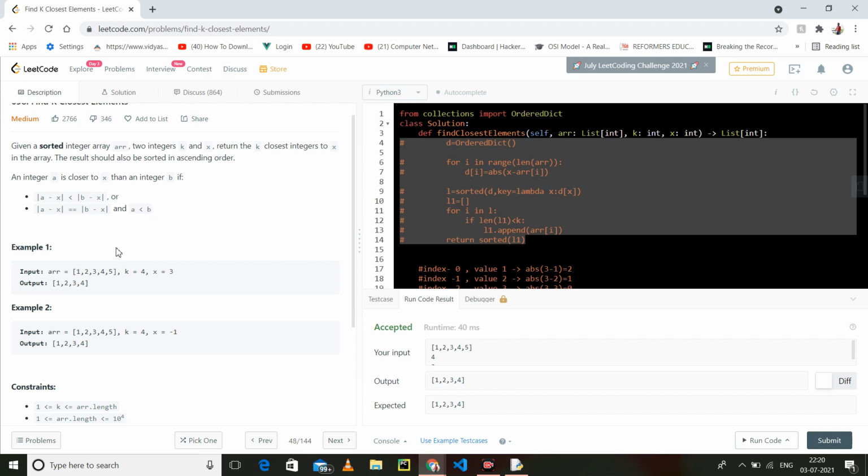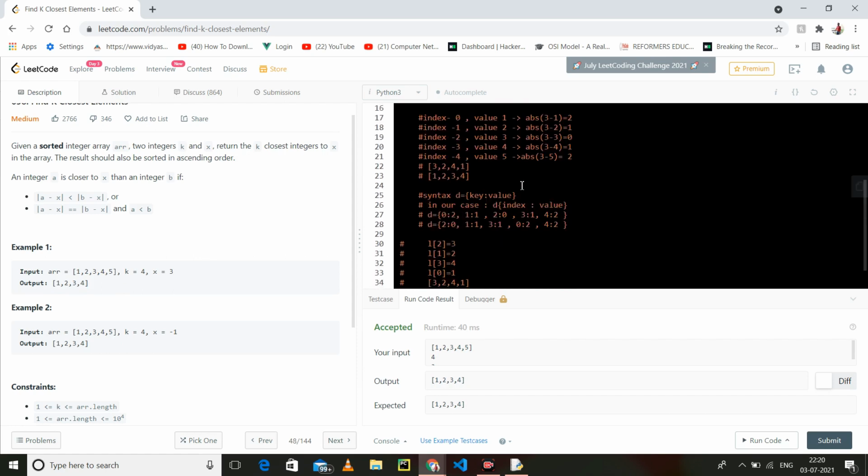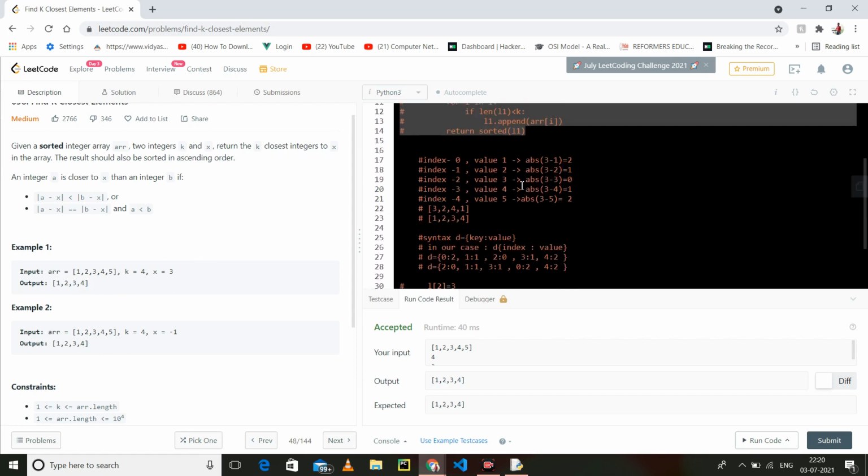A is less than b, meaning 1 should be less than 5, and it is correct, so we have to take 1, not 5, because 3 minus 1 is 2 and 5 minus 3 is also 2. So we have to go from the starting and insert this element. I am going to demonstrate this by taking an example.